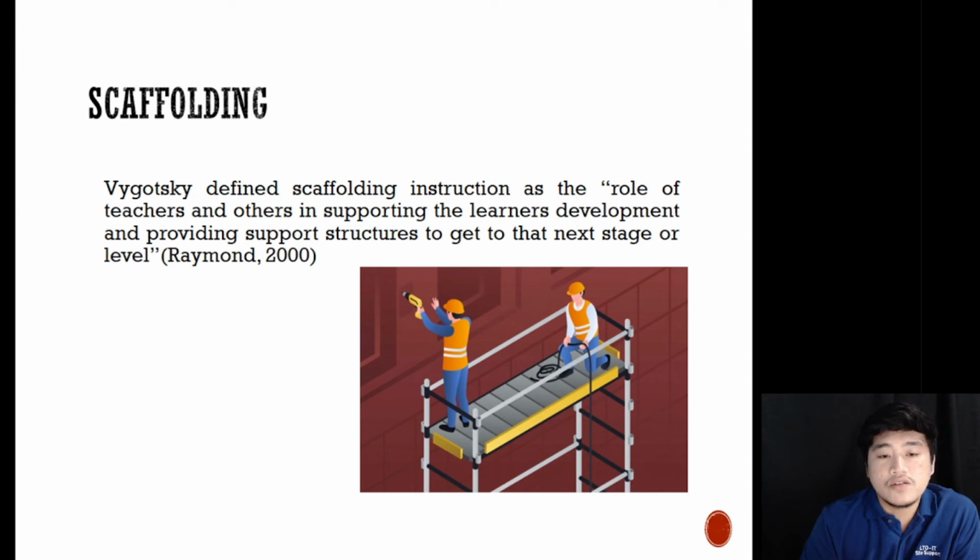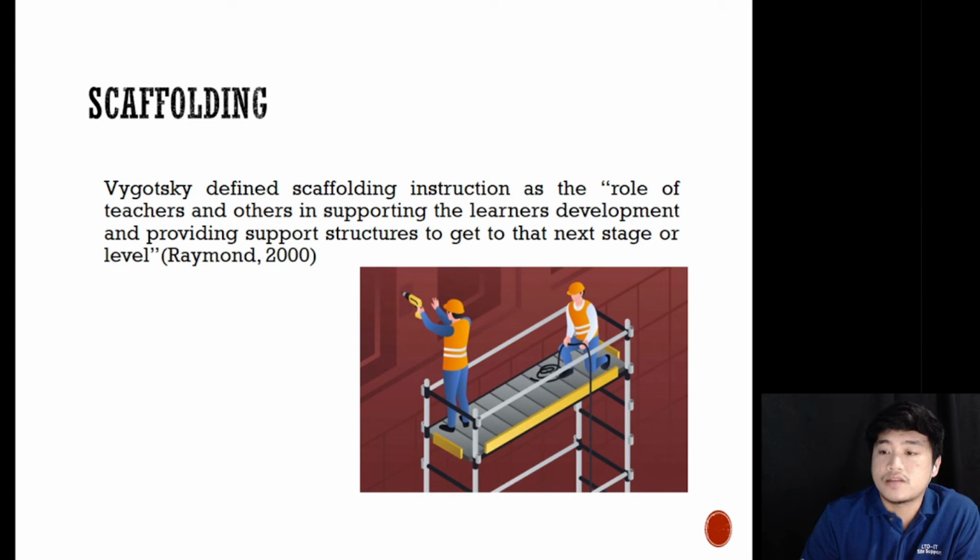So scaffolding is used to help students meet their learning objective. Scaffolding allows the teacher to take on the role as a facilitator, and it allows the student to do the work themselves